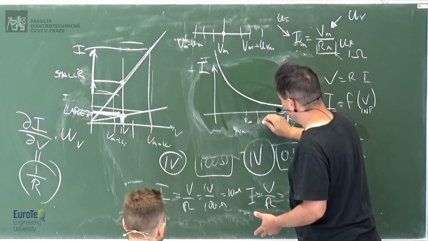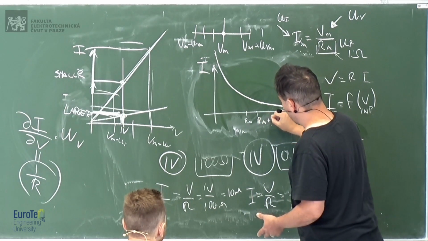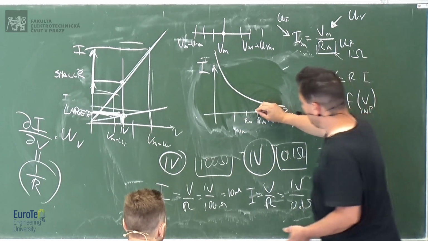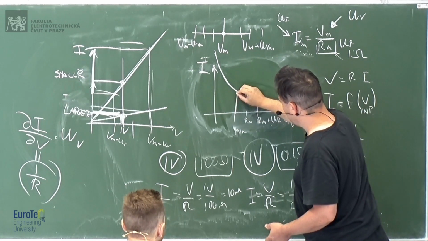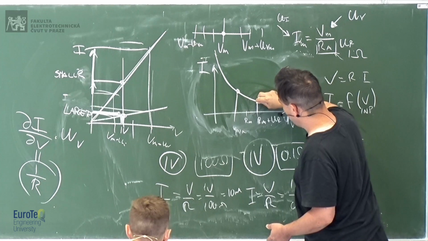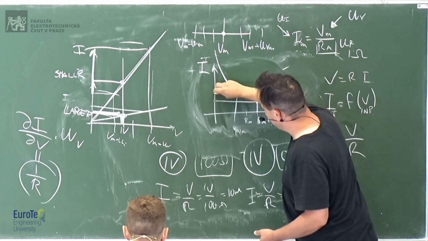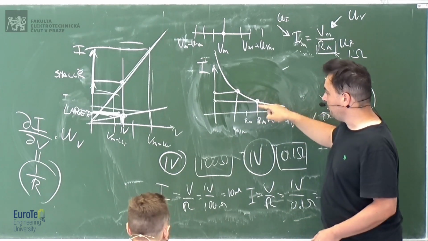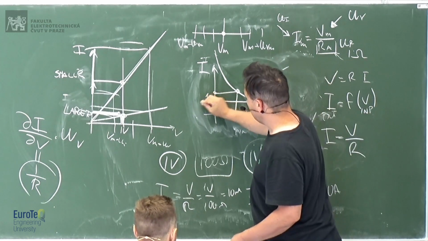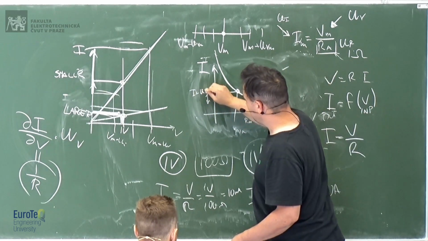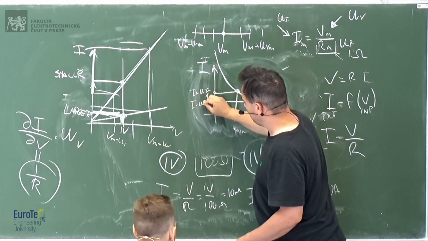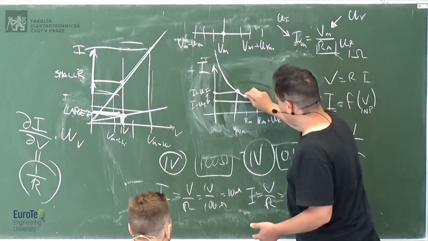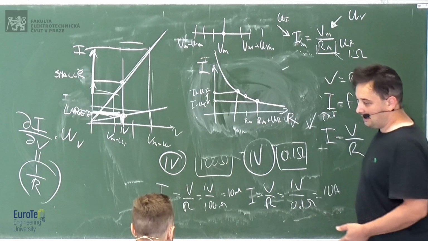This is Rm plus the uncertainty of the resistance, and here minus the uncertainty. Now, theoretically, you should do something like that, okay? So you should translate the maximum and the minimum point and get, again, I plus uncertainty of I and I minus uncertainty of I. But what you typically do, again, is to take the derivative in this point, okay? So you take the point there in the middle.